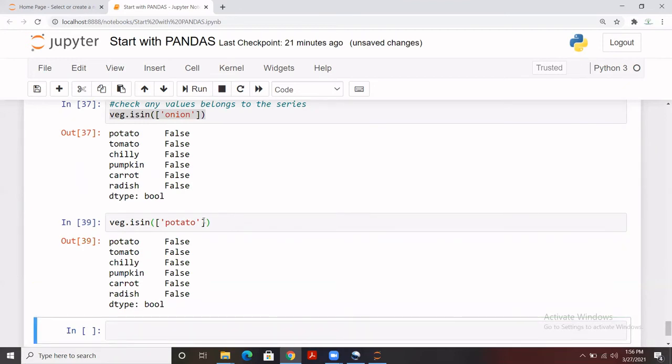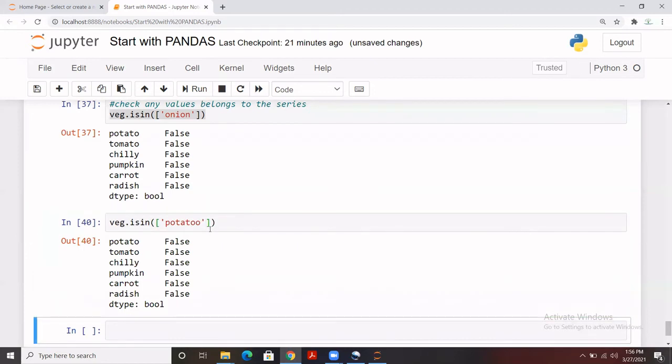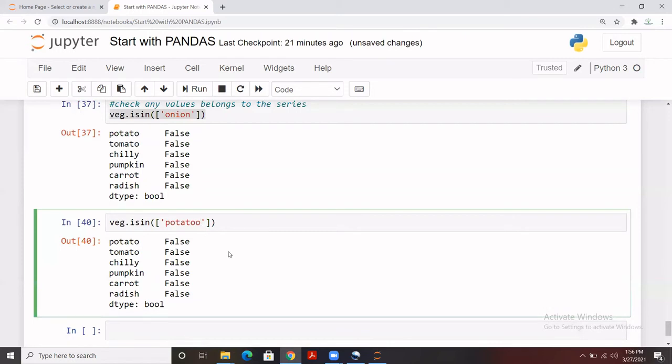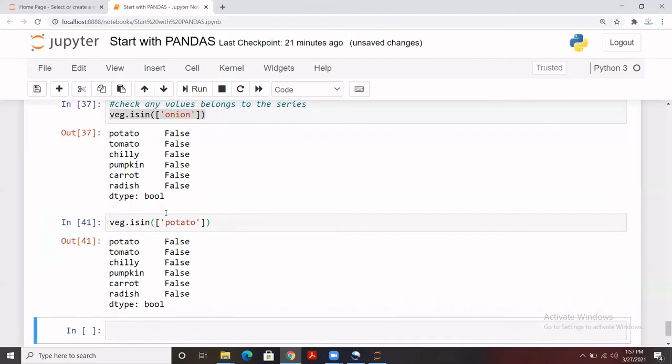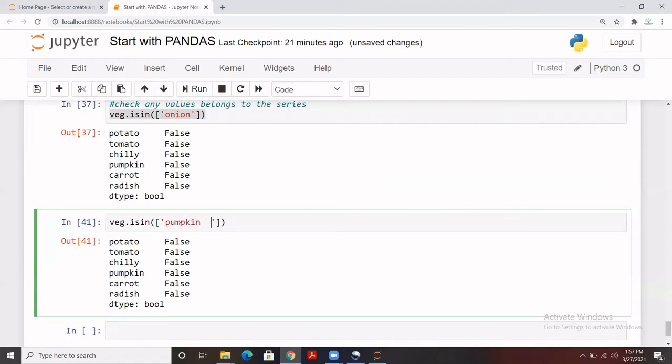It should not give it like this. I don't know why it has given this. Let me copy and paste it. Here it is. Let me remove the extra spaces.